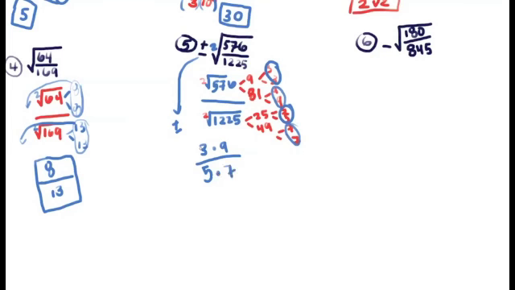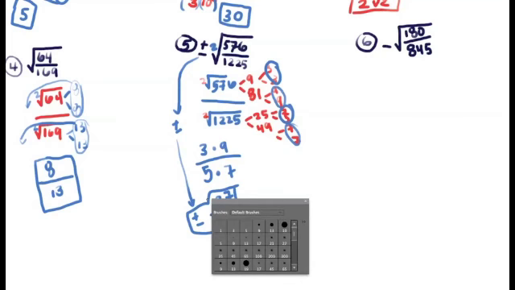So now all I do is I just finish this out. So I have 3 times 9 is 27. I have 5 times 7 is 35. And then, remember this plus or minus, I told you just drag it down to the final answer. And so, there we go, 27 over 35. Okay, so